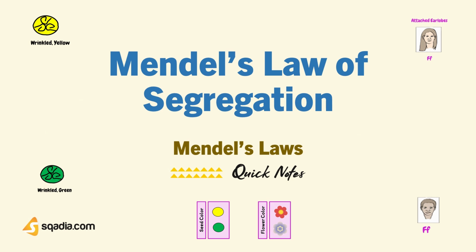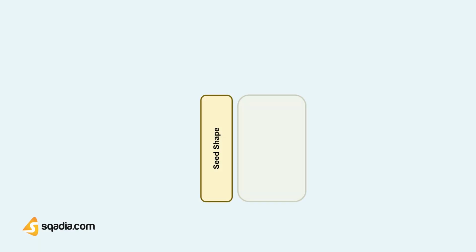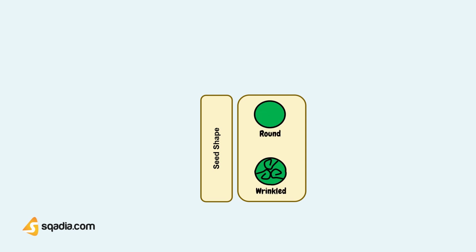In this section, we will talk about Mendel's law of segregation. Mendel studied the inheritance of seed shape first. For this purpose, he crossed or reproduced two plants having one contrasting trait. That's the seed shape. It can be round or wrinkled. A cross in which only one trait is studied at a time is called